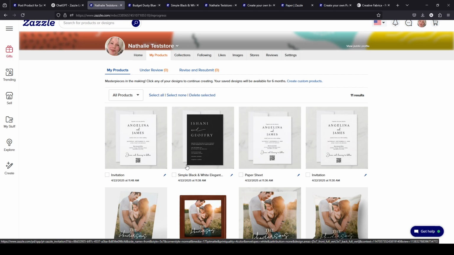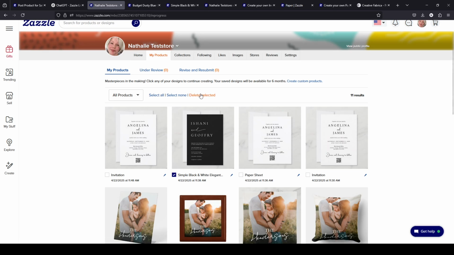So it's a nice thing that if customers get distracted for whatever reason, they have to go, they can't finish their purchase, they can come to their products tab and they will find your product with their changes on it. Anyway, so I'm just going to delete that one. That's what I usually do, just to try and keep it